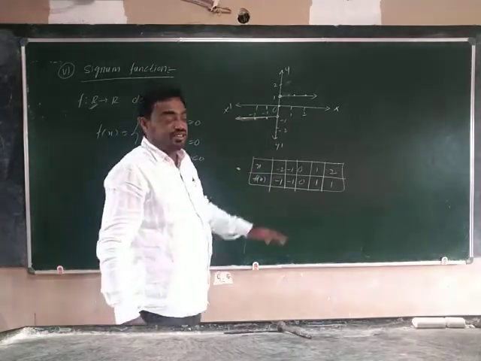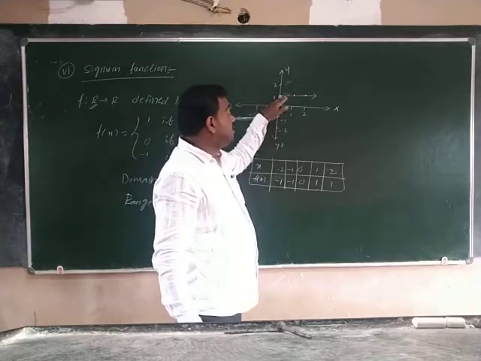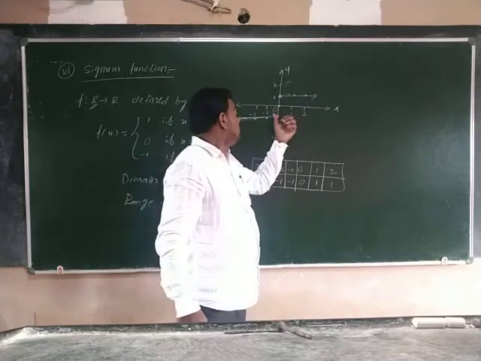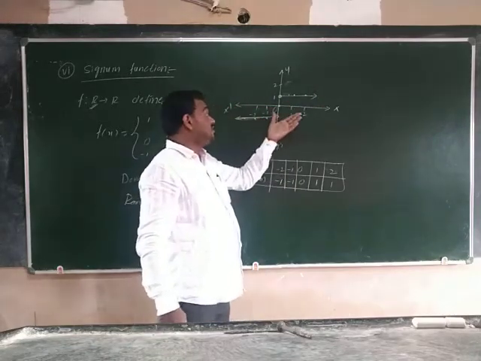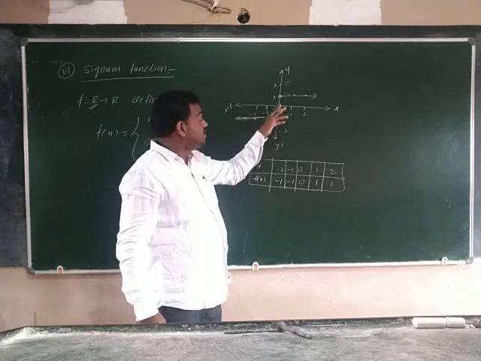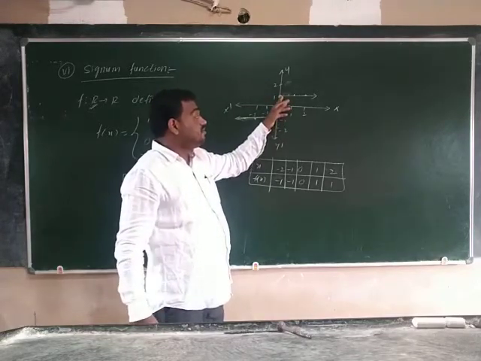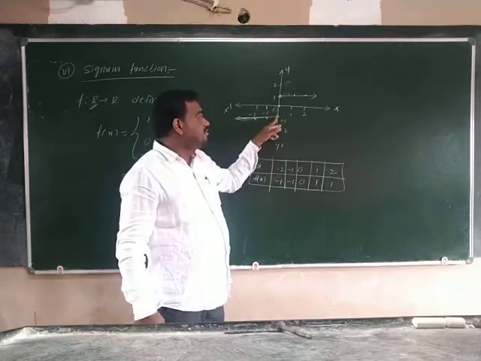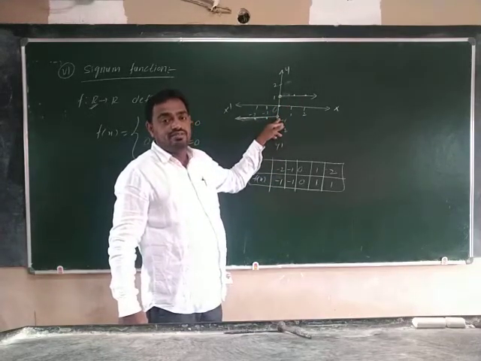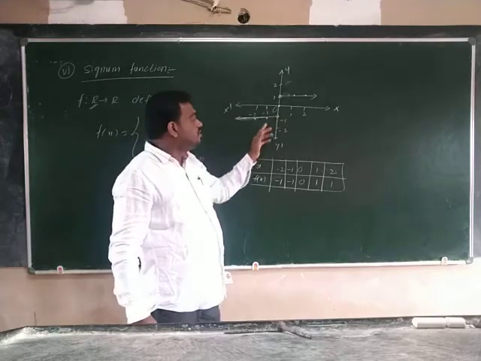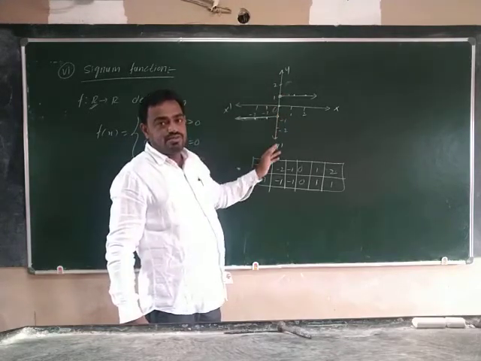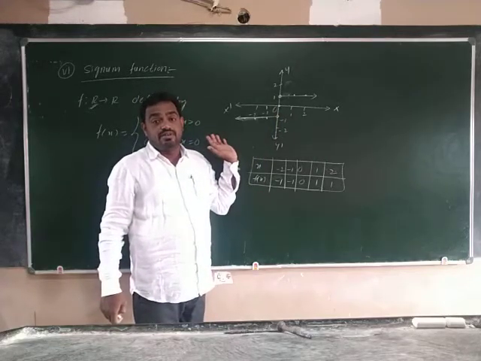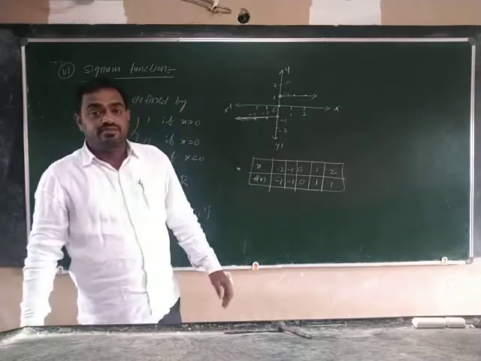This is the signum function. This one in the first quadrant is parallel to the x-axis like this. Here it is parallel to the negative x-axis. Except here 0, that means the point 0, 1 is not included on this line. Here -1, 0 is not included on this line. 0, 0 is the origin point. So this is the graph of the function. Something is a little bit different, so observe carefully. Okay, this is the signum function.